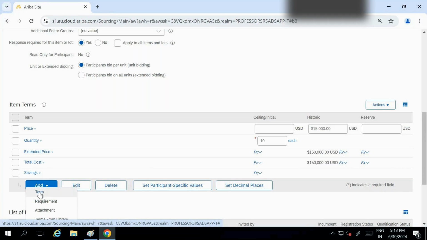So a term, GST is a term. And as per your requirement, you have a cost term. GST will be calculated based on your extended price and whatever the GST percentage is. So that is a term. I will explain how to create a formula and term. So cost term and term we'll check later on at template level. If you want to edit this, you can click on edit.